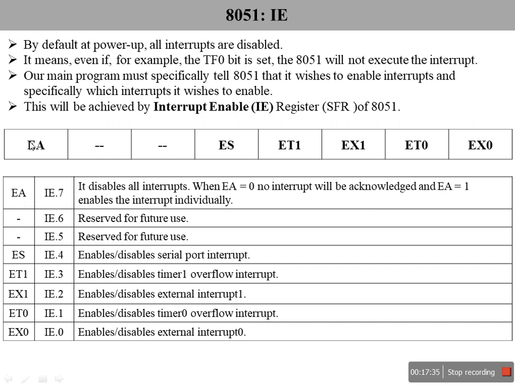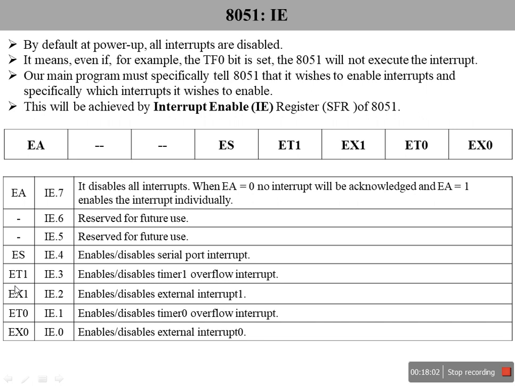If you give 0 here, then none of these 5 interrupts will be enabled or give any service. The next flag is ES, which enables or disables the serial port interrupt for serial communication. If you want to disable the serial interrupt, give 0; if you give 1, the serial interrupt will be enabled.